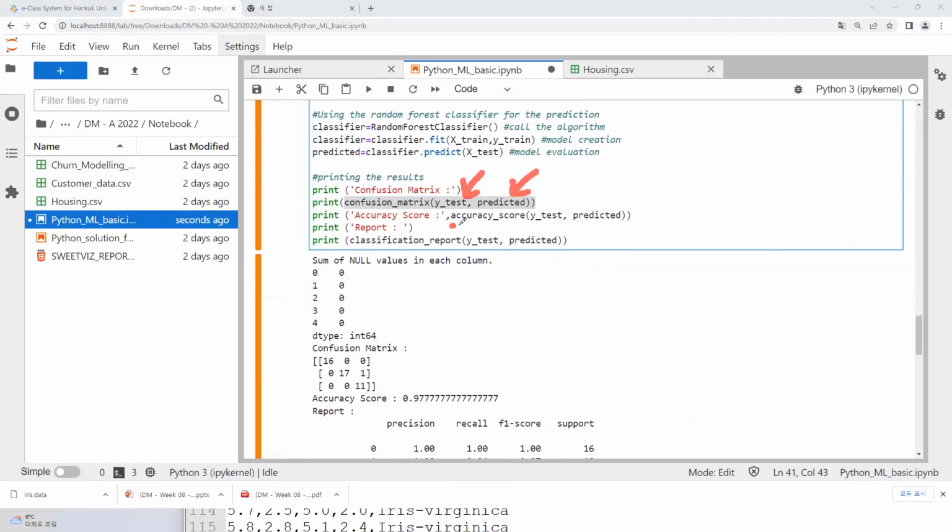And you can have the accuracy between, again, the actual data and the prediction result. And we can make the classification report. This is the actual data, and this is the prediction result. So if I just run this,